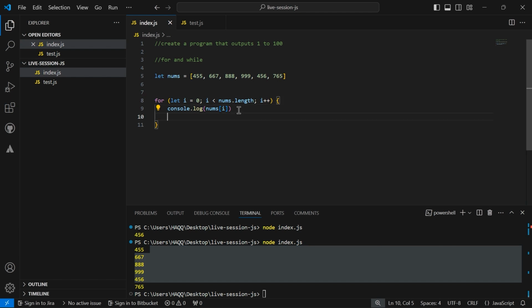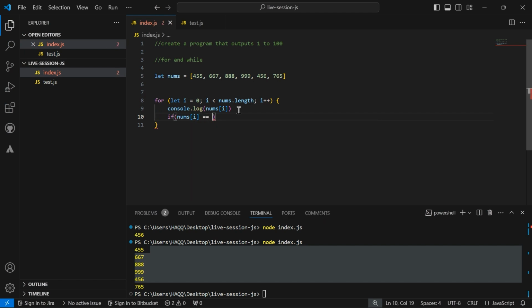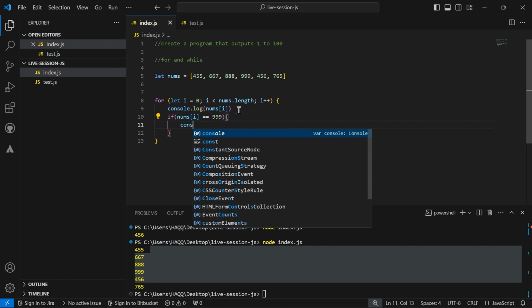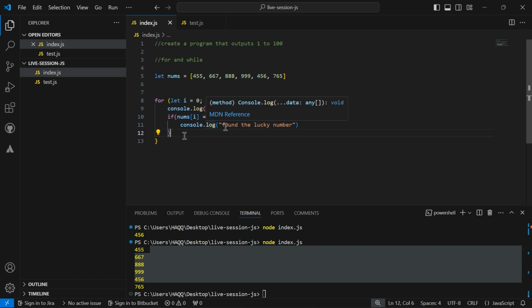Now I want to check if the number I am checking right now is equal to 999. I want to now perform another action that says I have found the lucky number. Then, so now let's run this. So if I run this again now,